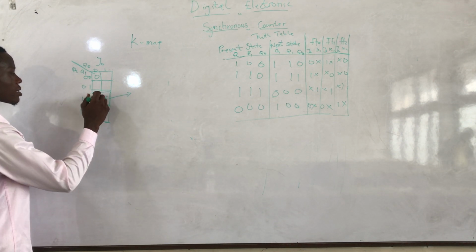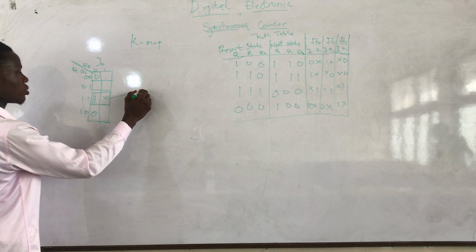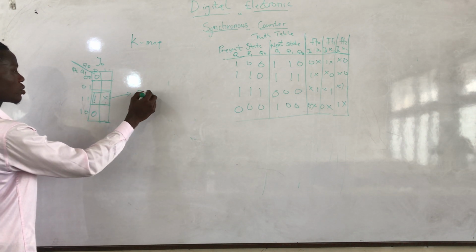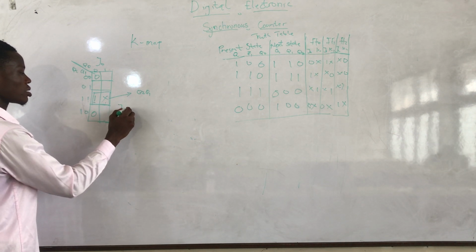Having our equation as Q2, Q1. So therefore J naught is equal to Q